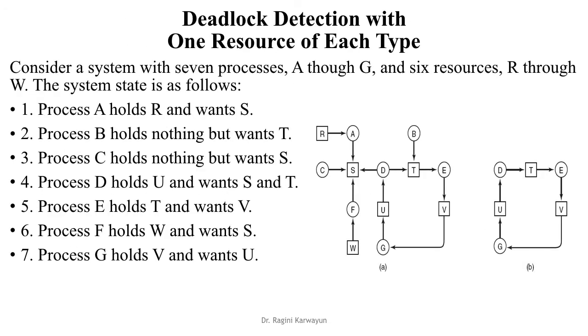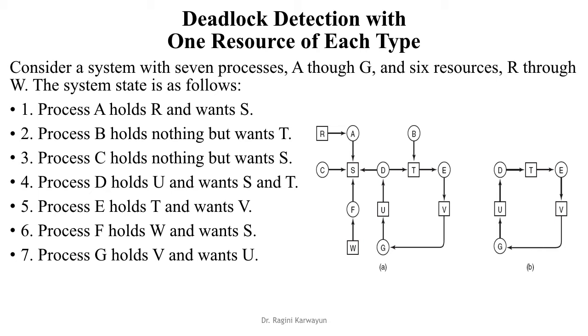So, what we will do in this diagram, suppose we start with A. We will check its outgoing arc, that is going towards S. So, we will mark this and we will add A to L. Now, S will be the current node. We will see, is there any outgoing arc? No. So, we will leave the list here. We will again start with the next node. S has no outgoing arc, so we can select D.